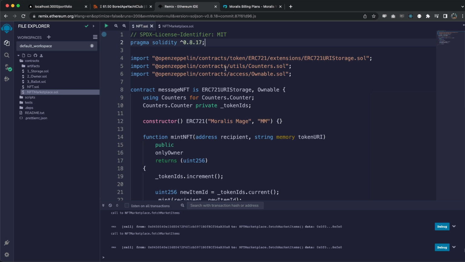Now let's start with the NFT. It's a pretty simple one, and we're using counters here to keep up with incrementing the values for each token. So when minting the first one, it's gonna be 1, and the second one is gonna be 2, and so on and so on. When we call the mint function right here, we take two parameters, the recipient address and